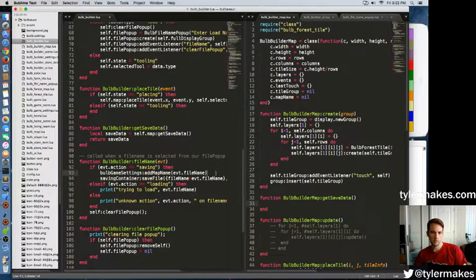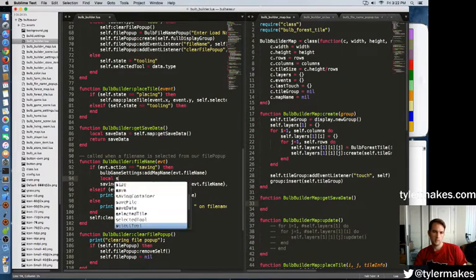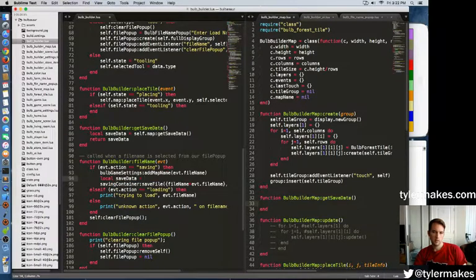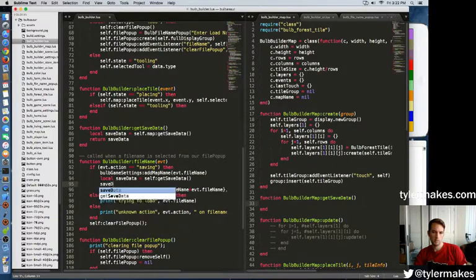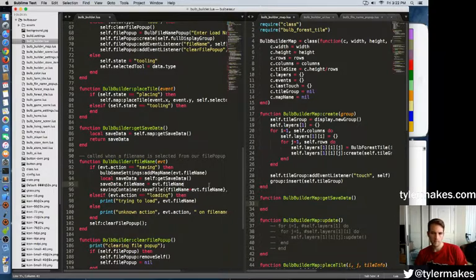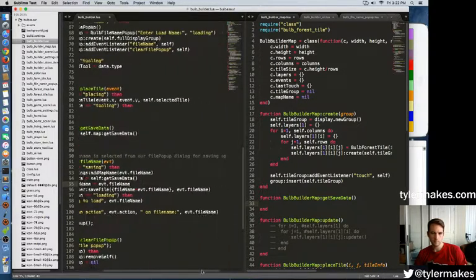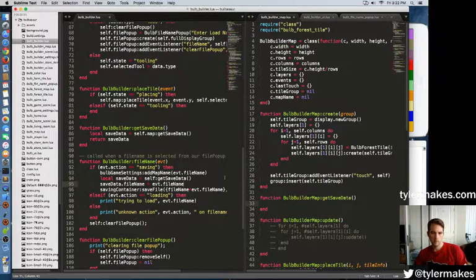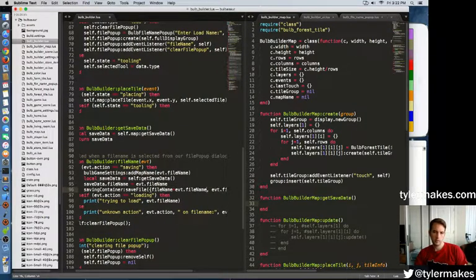But here, what we're going to do is save data equals self get save data, and then we're going to go save data dot file name equals our event dot file name, which is great. And then that is what we're actually going to drop here. Save data. Great. Okay, now in the map, what we want to do is,